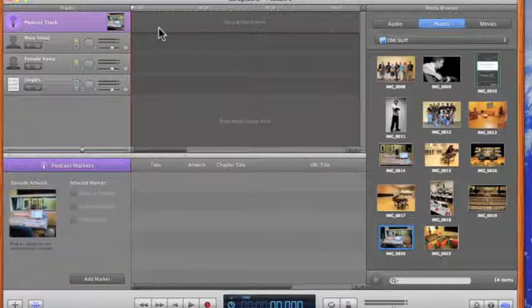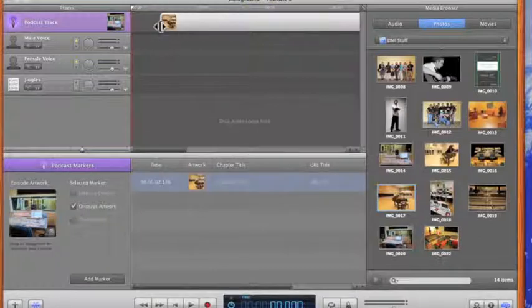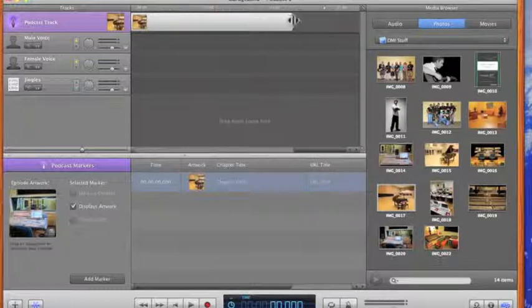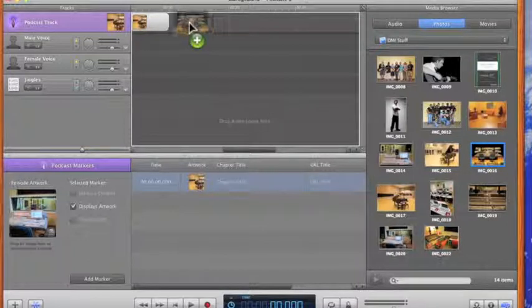Now, in our podcast track, let's take a picture of, let's say, the piano and put it at 0, 0. And the picture will run as long as this line goes, and it goes for a minute and something. We're going to move that back. We're going to run it for, let's see, we're going to run the picture of the piano for 30 seconds. Should be that spot right there. And then after that, we're going to put this picture of Studio A